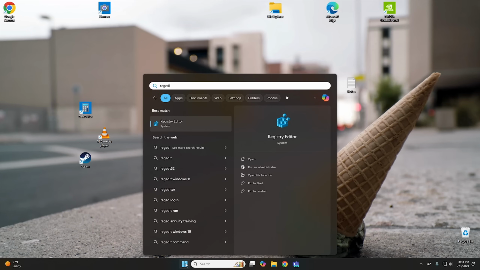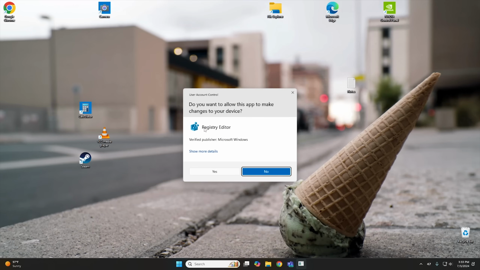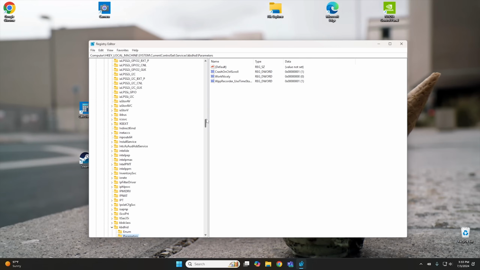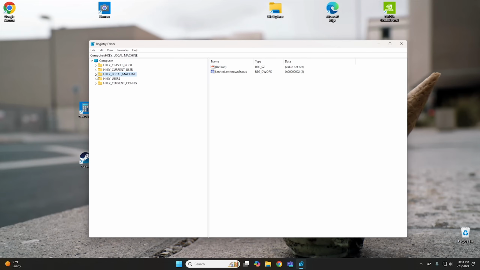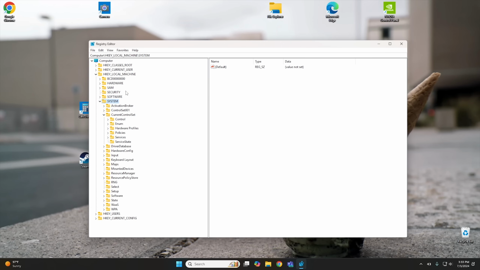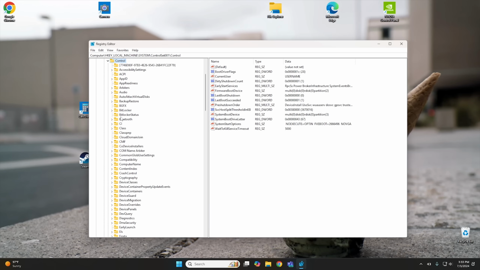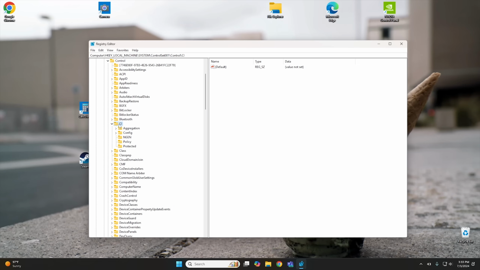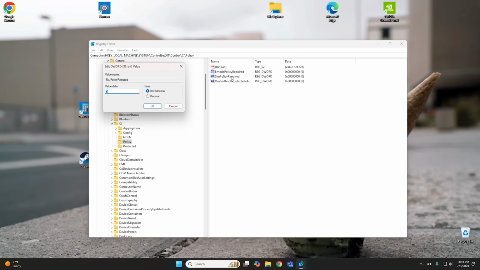We're gonna hit regedit. We're gonna go ahead and open the registry editor here. And then it's saved in the last place we were. We're gonna go ahead and go to local machine. We're gonna go to system. And then from system, we want to go to CurrentControlSet or ControlSet001. And then we want to go to control. And then from there, we want to go to CI. And then from CI, we want to go into policy. And then from policy, right here where it says SKU policy required, we want to open that and change it